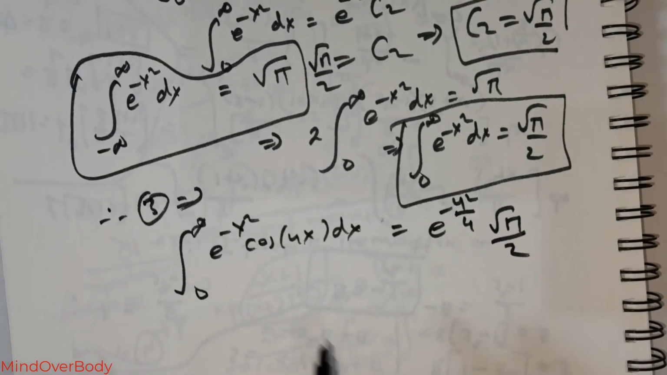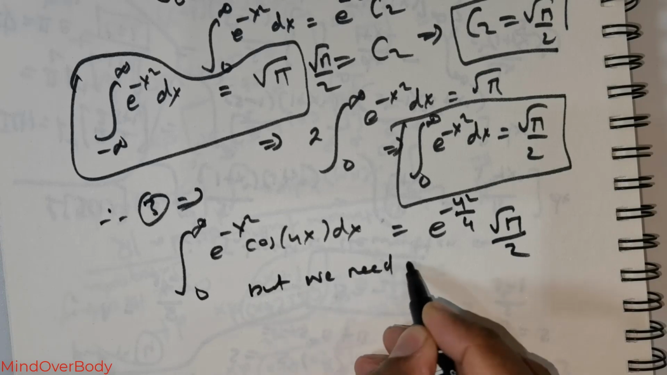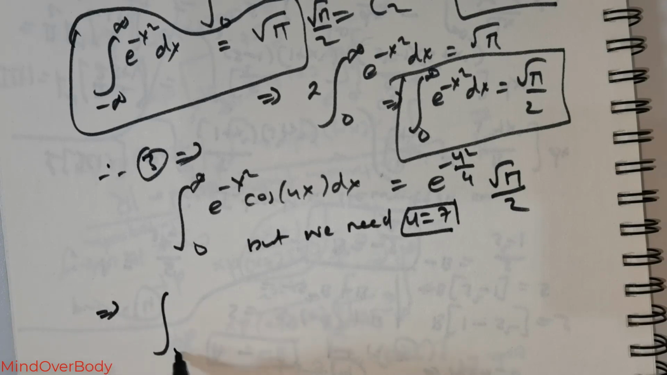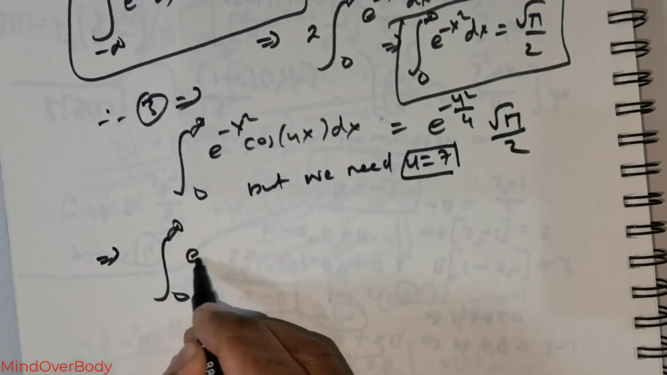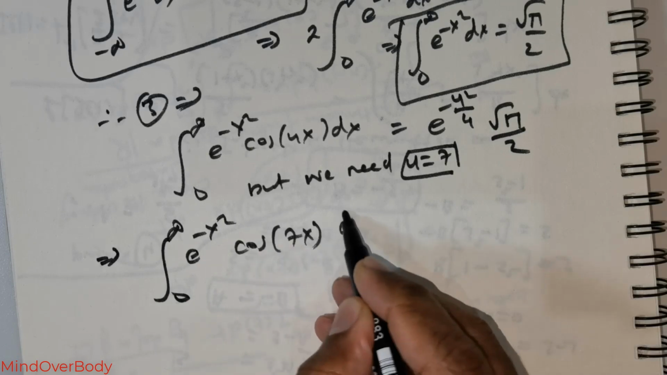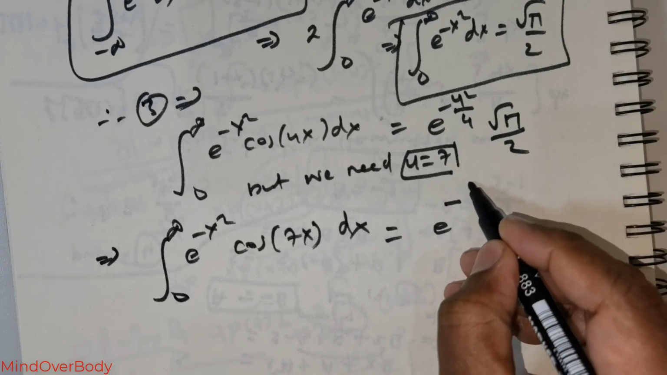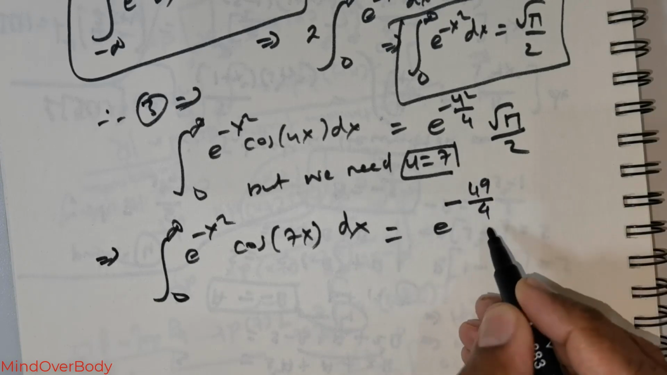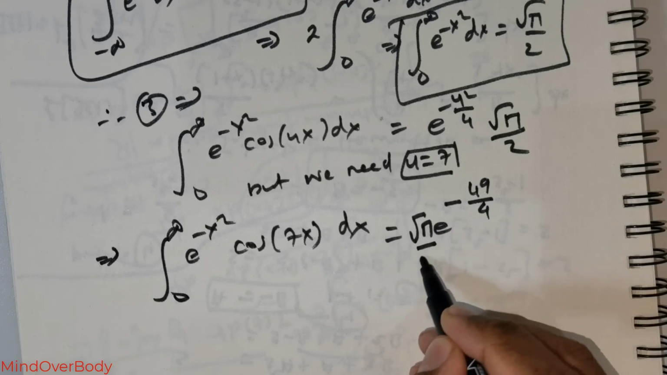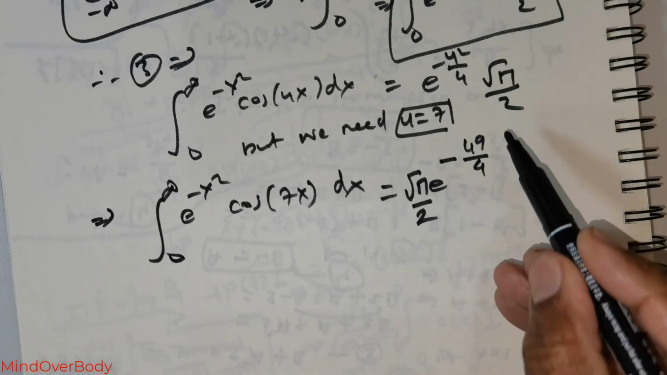So I can write that down. But what do we need? We need u to be equal to 7. So this would mean the integral from 0 to infinity of e raised to the power of negative x squared cos of 7x, this is what is given, right? This is what is required, is equal to e raised to the power of, u is 7, squared is 49, divided by 4. I have a root of pi here and a 2, right? So this is the solution